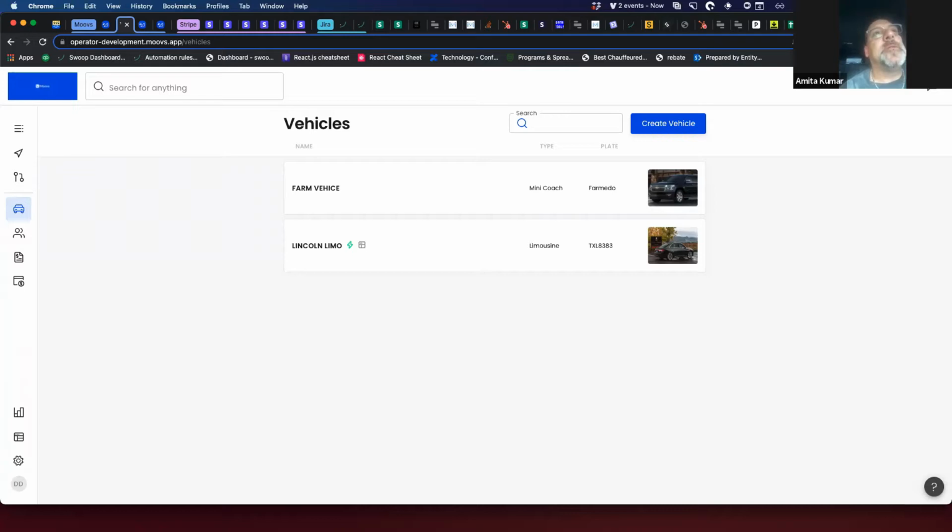Dinner runs must be an hourly. Wedding must be an hourly. Concerts must be an hourly. And have that option, because that way the system should automatically say, okay, this guy's choosing an Escalade. He said he wants a wedding transfer. So the system's automatically going to say, okay, that's going to be a minimum hourly charge. You know what I'm saying?